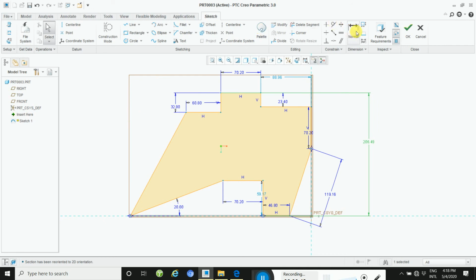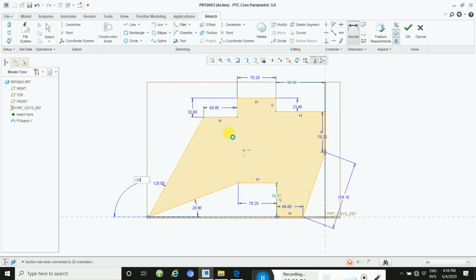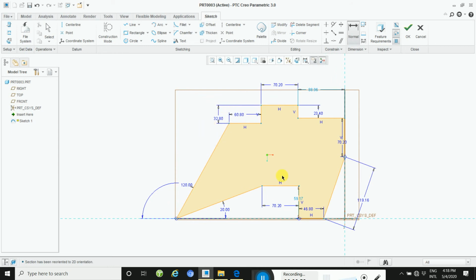And how to use this normal command? Click here and here and then middle, it's 120. Okay, this way you will arrange, and then height is here, height is 32, so click here, mouse middle button 2 times and then execute this command, and then take this dimension is 23.4.